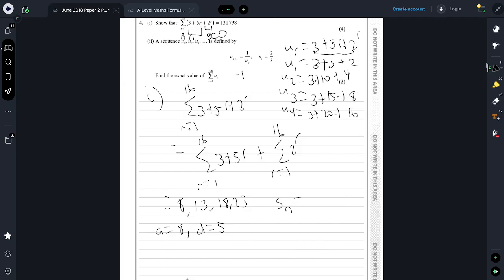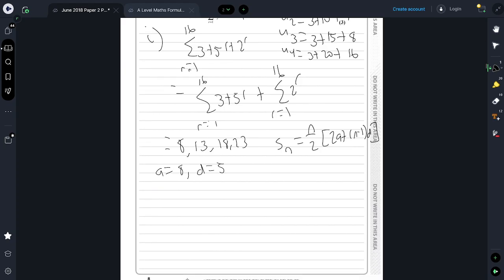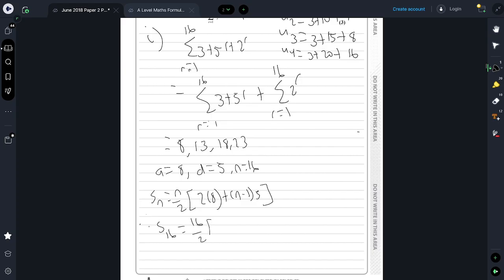And so then we can work out a series for that. You should remember that the sum of the first n terms of an arithmetic sequence is n over 2 of 2a plus n minus 1 d. And that's what we're going to do here. Sn is going to be n over 2 of 2 lots of 8, because that's a, plus n minus 1 of 5. So what's n? n is how many terms we have. Well, there's 16, so n is 16 here. We want the sum of the 16 terms, which is 16 over 2 of 2 times 8, which is 16, plus 16 minus 1 times 5. And you can put all of this into a calculator, and you should get